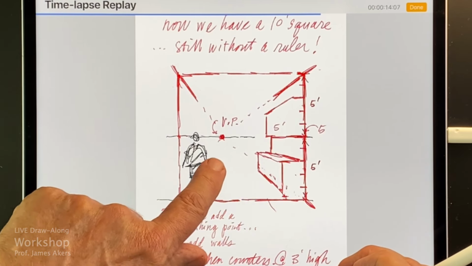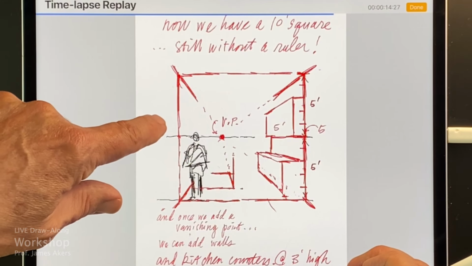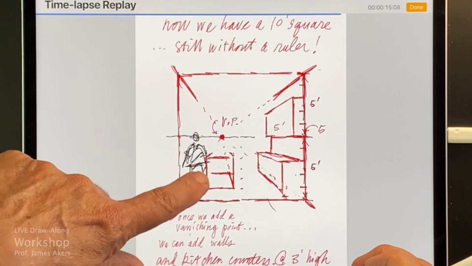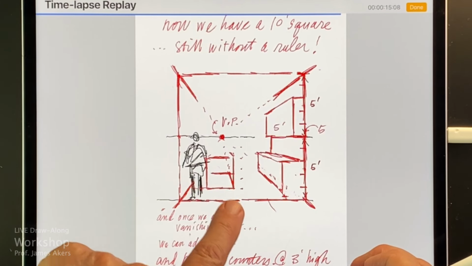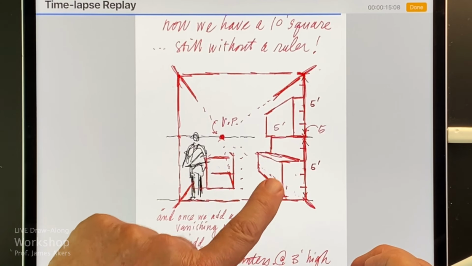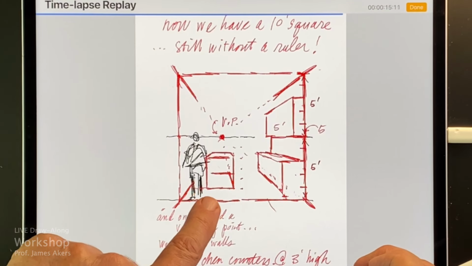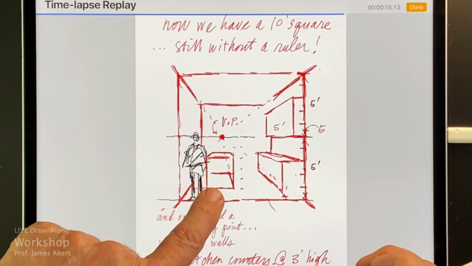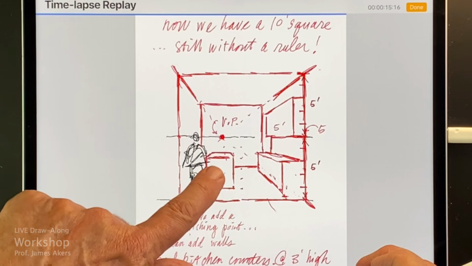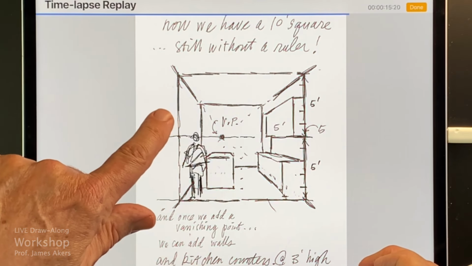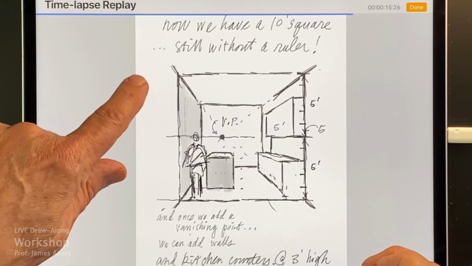And there's my overhead cabinets coming in now. And now I believe that's going to be the island. So just by following these rules, I know the island's going to start back a little bit from the exterior face of this. I put it in there and then estimate how deep it goes. And again, it's at 3 feet. So it's going to track across to this cabinet. And let's see what else we do.